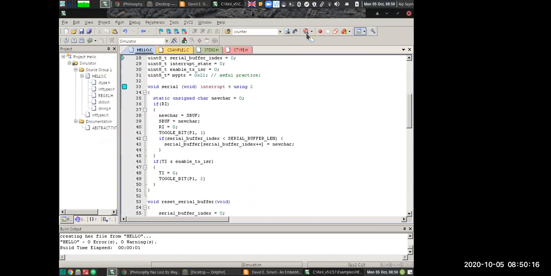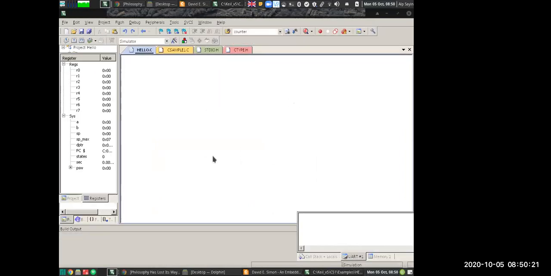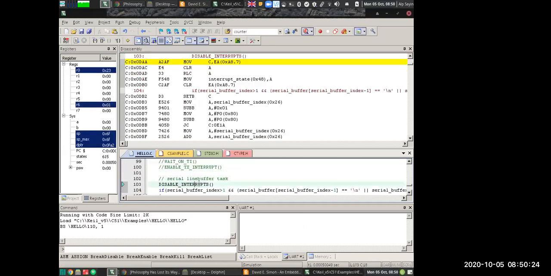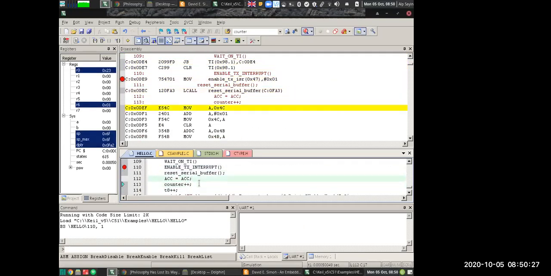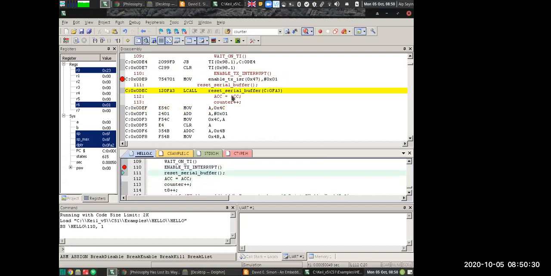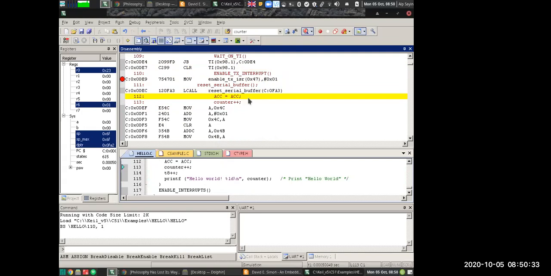And then when we start the debugger and look at the disassembly, we can actually see somewhere around here, if I may take your attention to this line, accumulator equals accumulator, that even Keil did not compile this line. You see that this assembly shows no line. Do you see that there is no assembly line for this instruction? Yes. Okay. So the thing is, even the Keil compiler will do some sort of optimizations, and one of